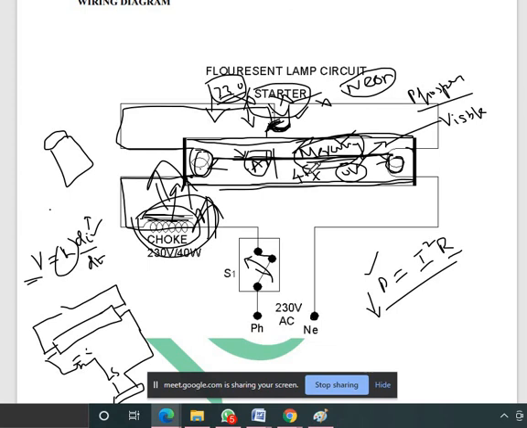Just switch on the lamp for 5 minutes and touch it; the temperature will be around 50 to 60 degrees. After switching it on for 1 hour, if you touch the lamp it will be around 70 or 80 degrees. The temperature has increased. At the same time, if you touch the LED bulb, it consumes only a very small amount of power.